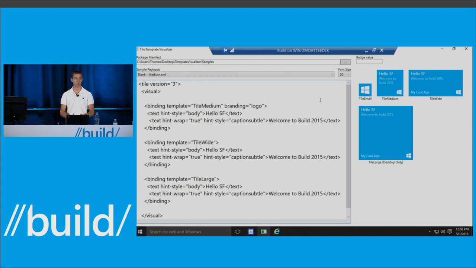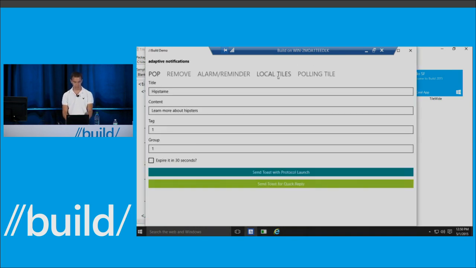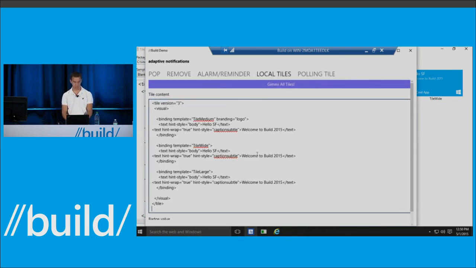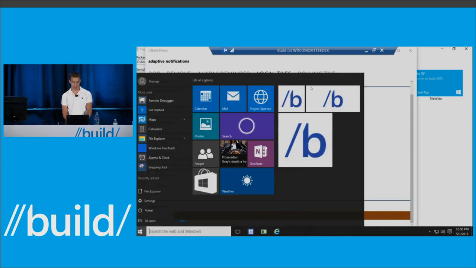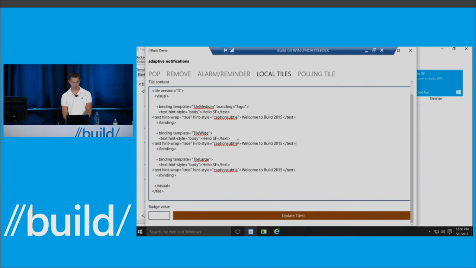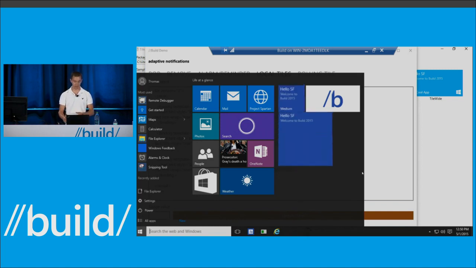Now we can actually throw this into our app. And you can get content on your tiles a variety of ways. We just built a little simple app where we can paste in the XML and it'll turn it into a tile. So right now we have 3 tiles pinned here, and I pasted in our code that we just wrote. And we'll update those tiles, and you'll see those new content appear on the actual start screen. So really easy to create beautiful looking live tiles.